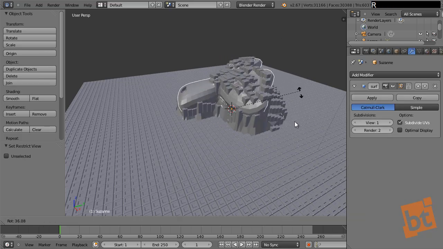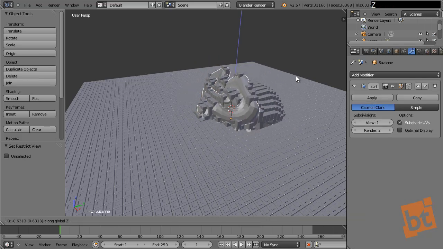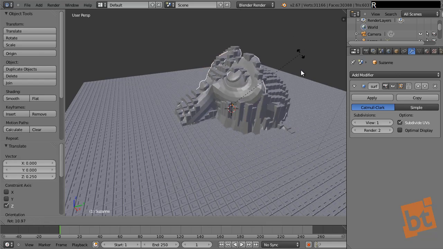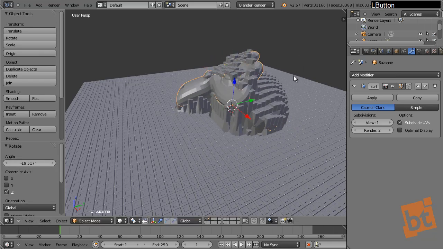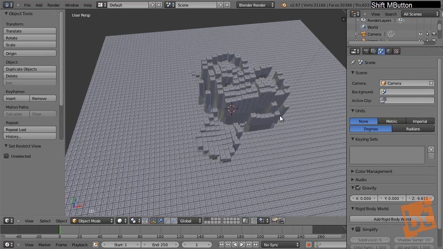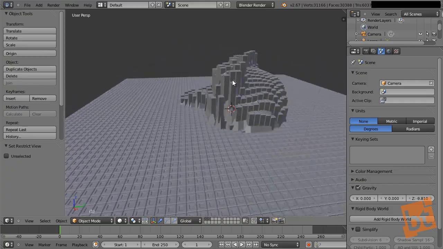So I can pick Suzanne, and as you can see, as I move it, the mesh is adapting to it. Okay, of course, we would need to go ahead and hide this later, like that. All right, but as you can see, we can use any object we want to get this kind of effect,